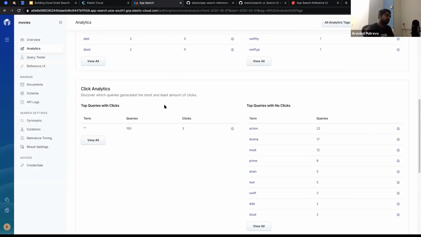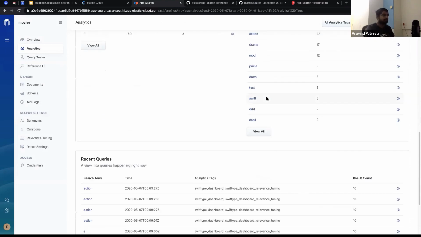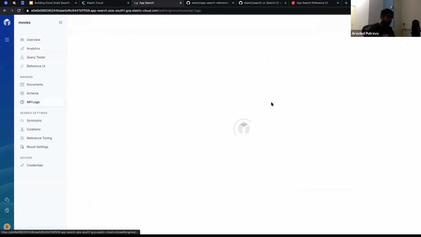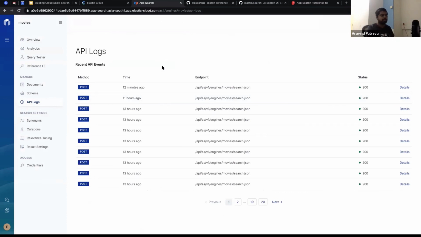You can track clicks, how many people have clicked it, and how many people didn't click when they searched but didn't find something relevant. There are more and more of these, and you could also see the API logs about how people were using the APIs and how things have changed over a period of time. Are there any 400s? Are there any resource not found? Has any document been removed by someone? So a ton of stuff that you could do with App Search. Again, any questions at this point? We are kind of at the end of the talk, so if you have any questions, I'm happy to take them.